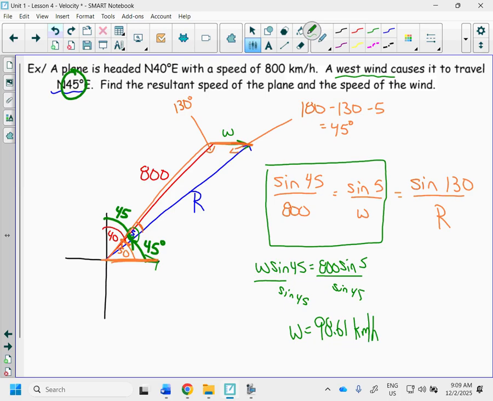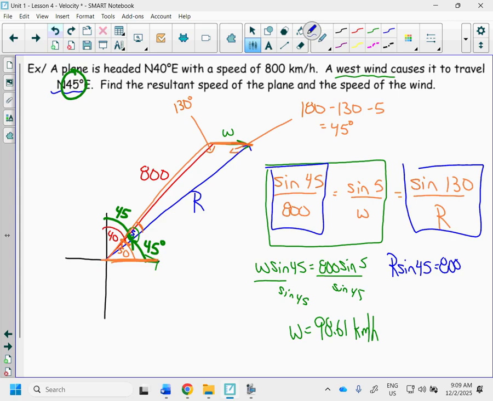And I can do the same or a similar thing. I'm going to use this pair and this pair and find the plane. So r times the sine of 45 equals 800 sine 130. Do the exact same idea, divide with the sine 45. And r should be 866.18